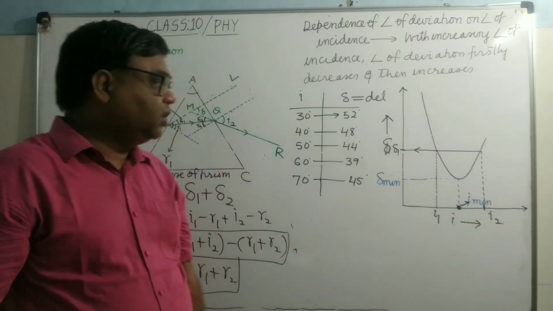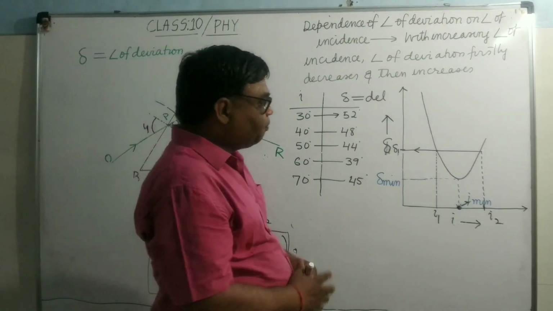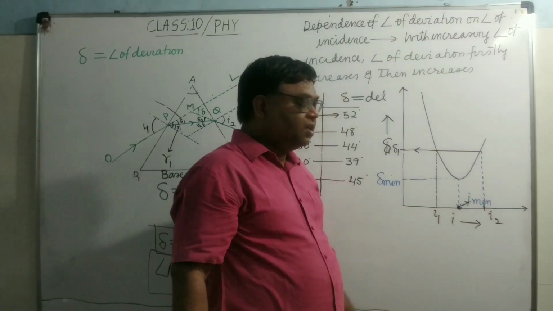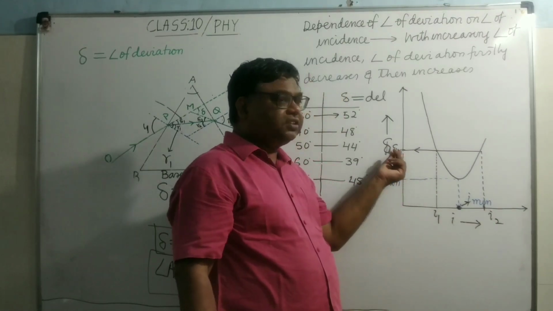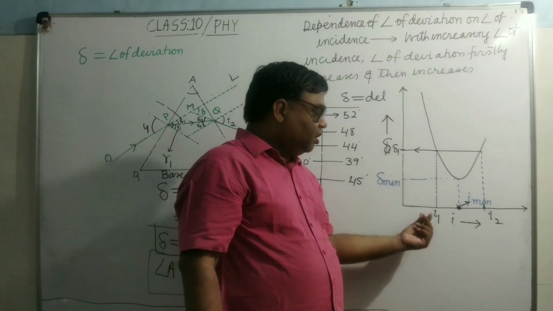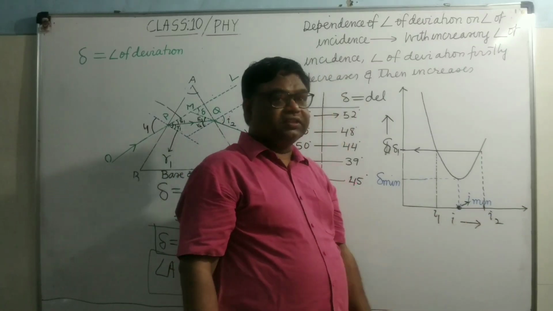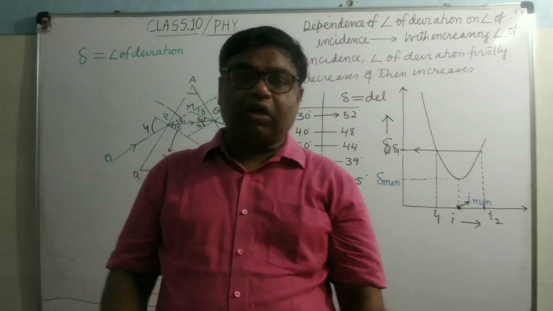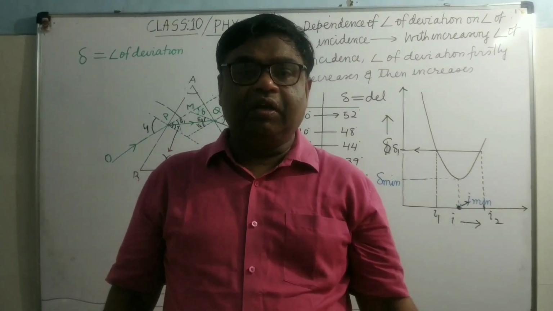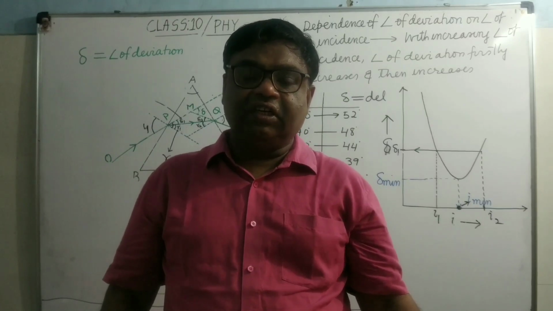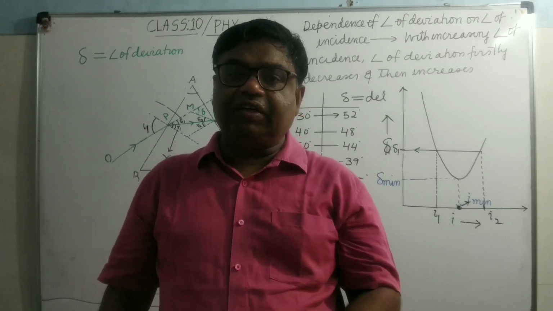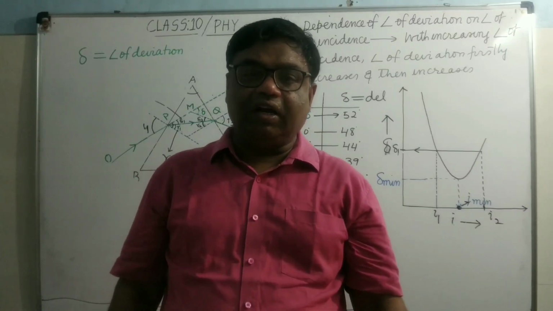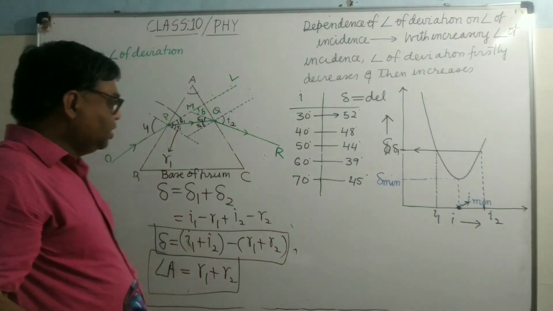Then there is one more thing. Here you can notice that the prism is producing the same deviation for two different angles of incidence. The prism is producing this much deviation, delta 1, for two different angles of incidence. It's clear. It means the prism may produce the same amount of deviation, which is not minimum, for two different angles of incidence. But it can produce minimum deviation only for a unique angle of incidence, that is for one and only one angle of incidence. It's clear.